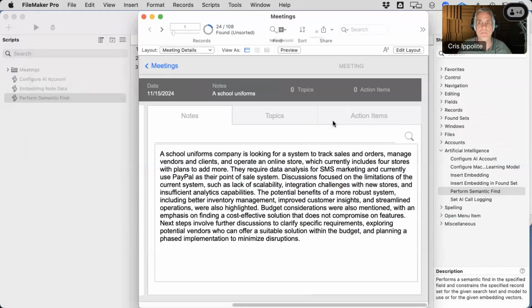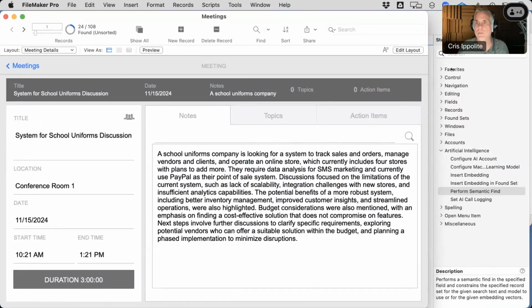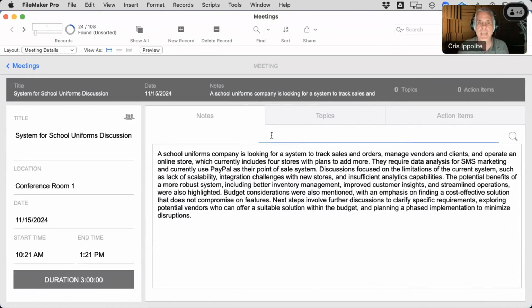So I'm going to save my changes, and we get that little weird FileMaker behavior there. Let's just make this full screen. And now I have my search field available. Let me go and show all. And now I can actually test this out. So note what I'm going to enter in here in a second. So operational efficiency and performance